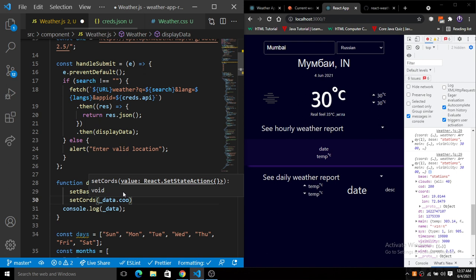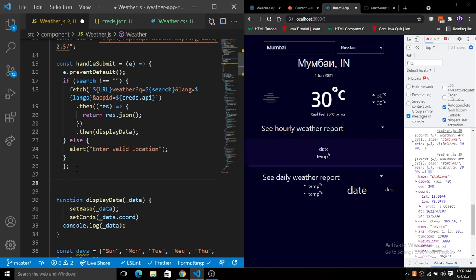Okay, so we have set the coords with this, and then we will call a function, an hourly function and a daily function. Let's create a function and give it the name handleHourlyDailyData.